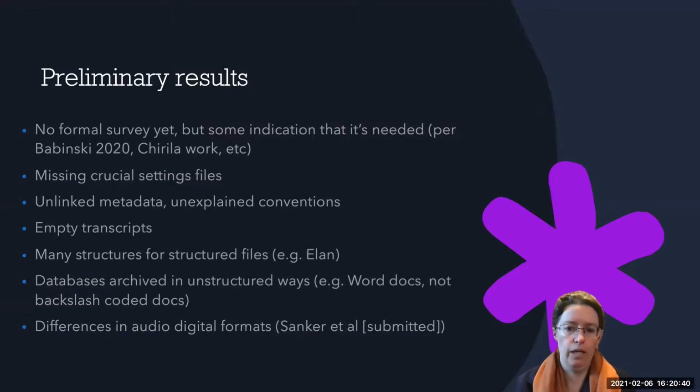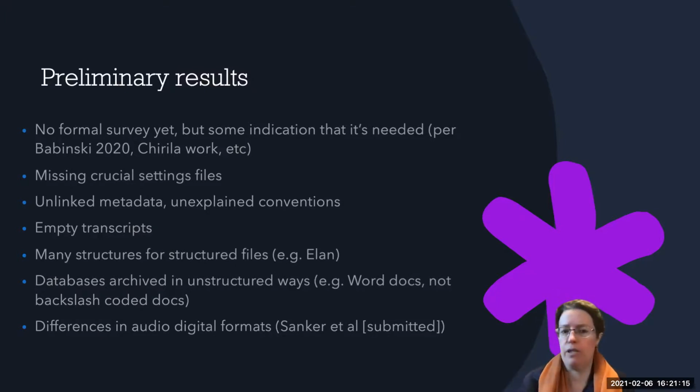For example, in work with my student, Sarah Babinski, who is also talking in the PARADISEC session, in one of the other sessions here on forced alignment, in her work with corpora from a number of different digital corpora, as well as my work with the Chirilla database, we found that pre-processing of corpora from archives is not at all straightforward, and that first-hand knowledge in some cases of the corpora is needed in order to work with them. And we'll be talking about this at ICLDC.